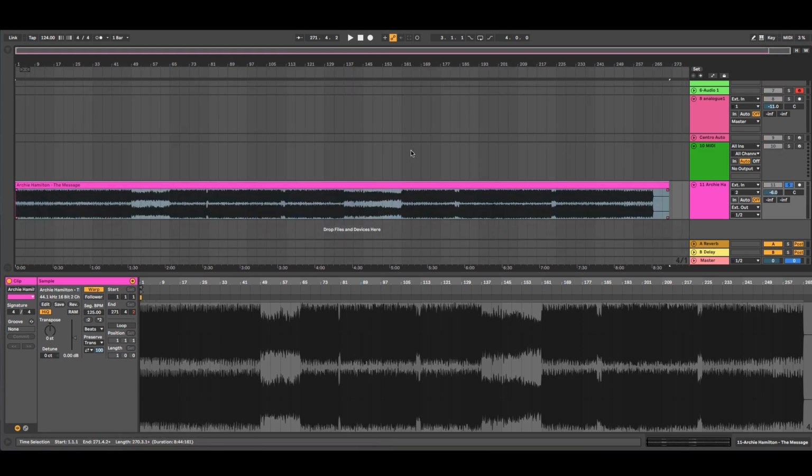We see the structure of Archie's track, so I'm gonna put some markers just for fun, kind of like a guideline of what I'm doing. These are temporary. These are just to give me a sense of what kind of structure I want to work with. After that, I probably will remove these markers, but it's just an indication. And if I listen to this track,